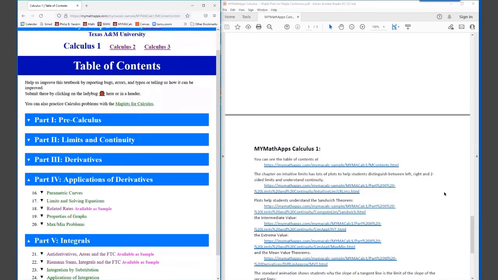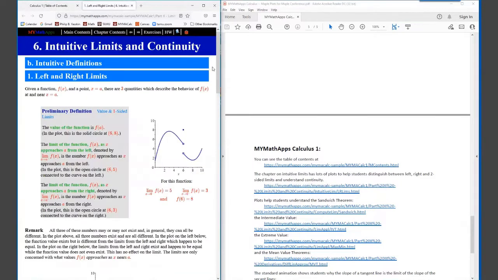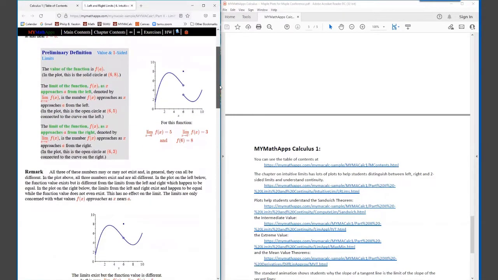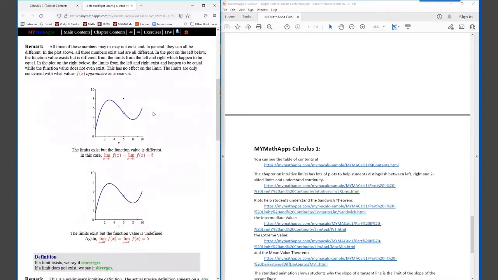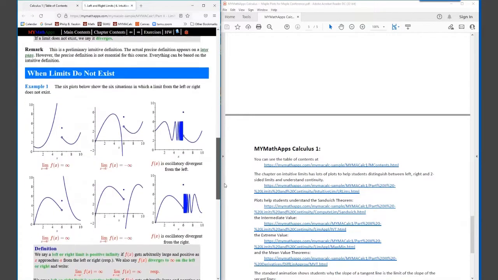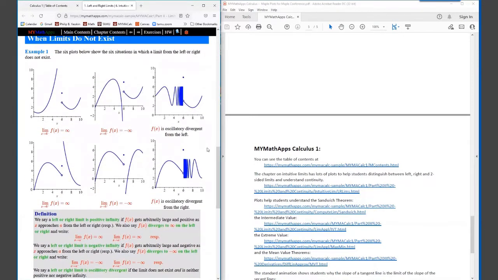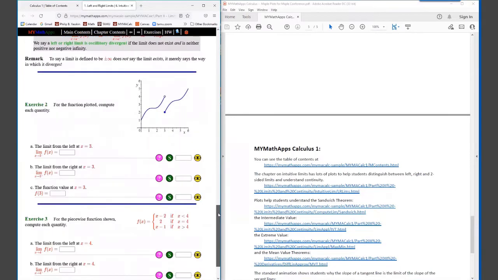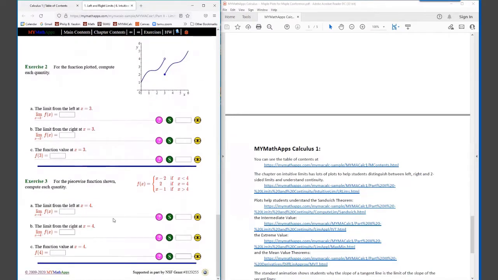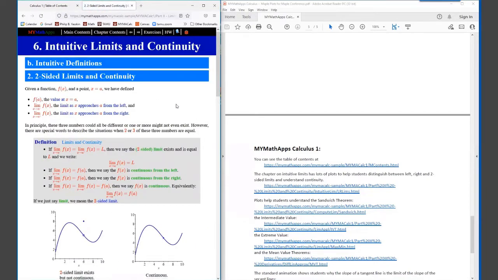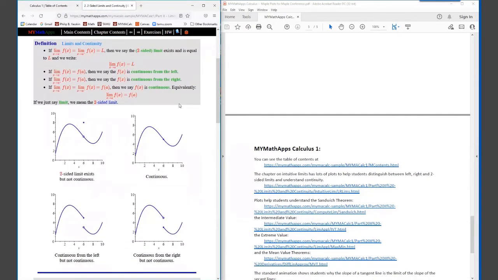So what do we have in plots? On limits, there are lots of plots helping the students understand limits from the left, limits from the right, and the value of the function. And when the two limits are equal, we get a two-sided limit. The function value may or may not exist, and it may oscillate. There are quizzes trying to get them to understand these in detail, followed by understanding two-sided limits and one-sided continuity